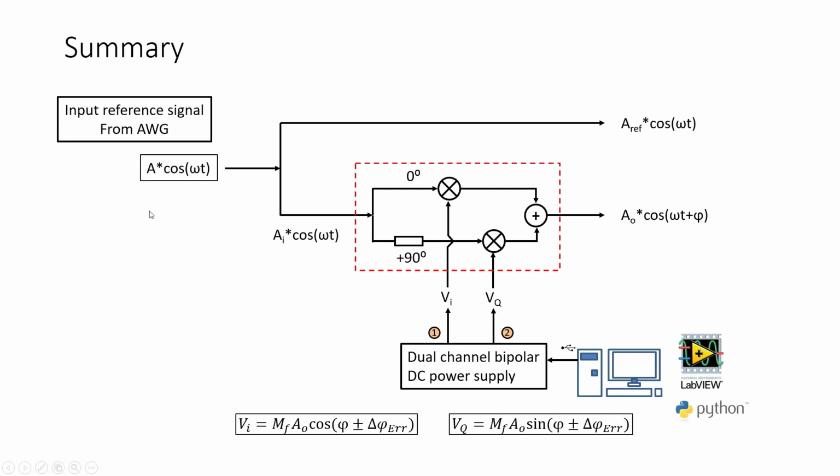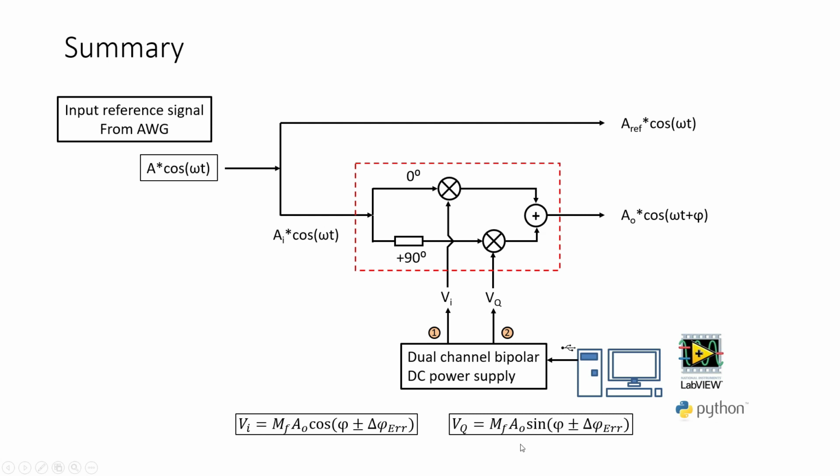The input reference signal from the arbitrary waveform generator, A cos omega t, is divided into two parts by the power splitter, and one component serves as input to our phase shifter, which is an IQ modulator. AI cos omega t goes to this RF mixer as the in-phase component, and the other half is 90-degree phase shifted and goes as the quadrature component to this RF mixer and then gets mixed with VI and VQ DC voltages based